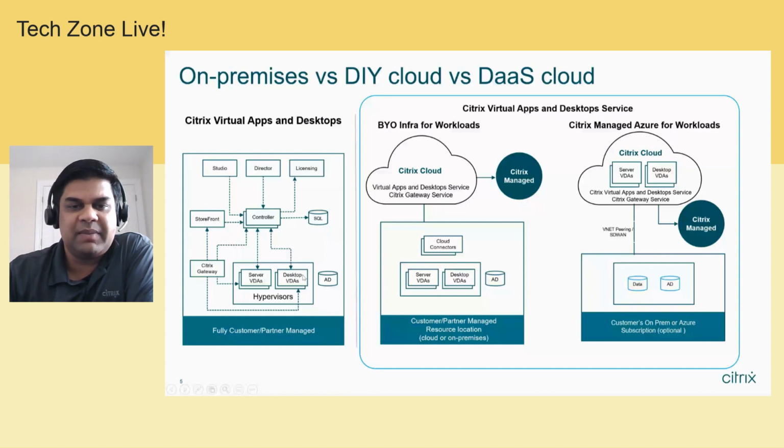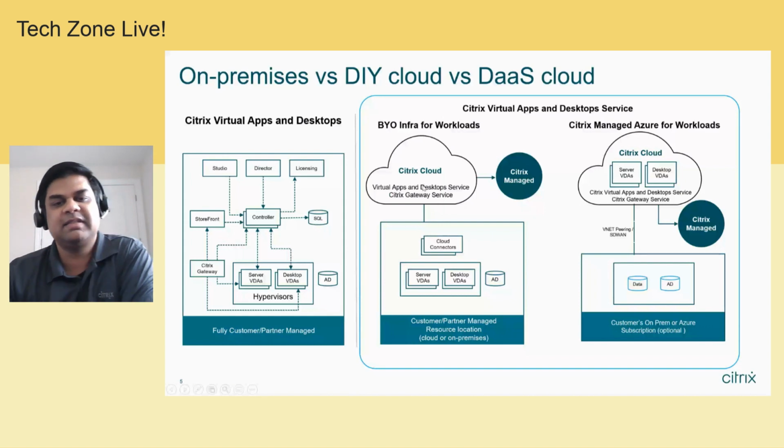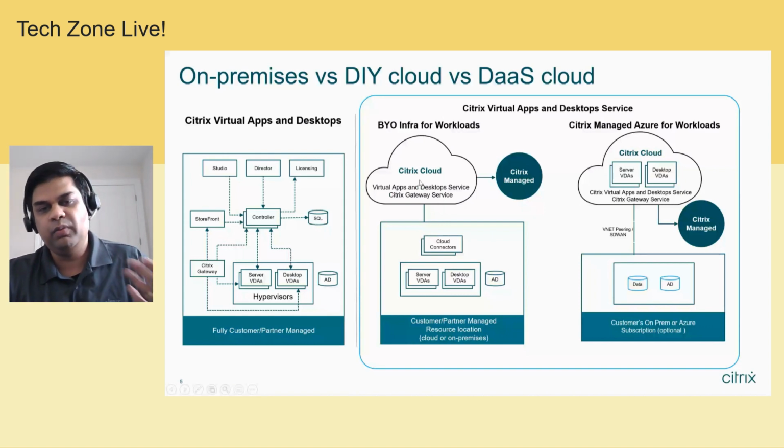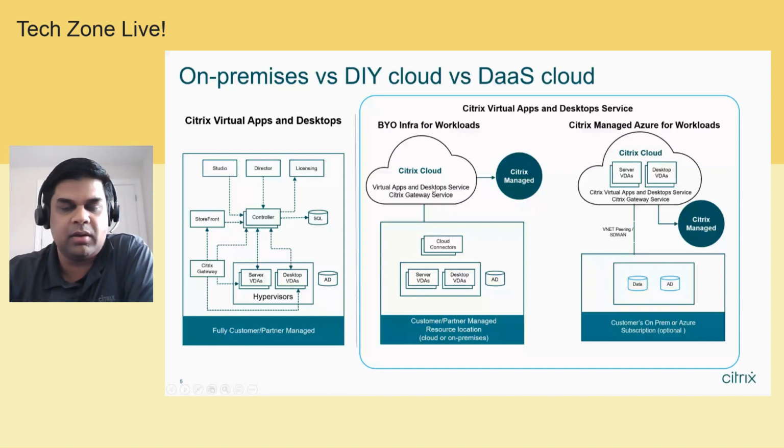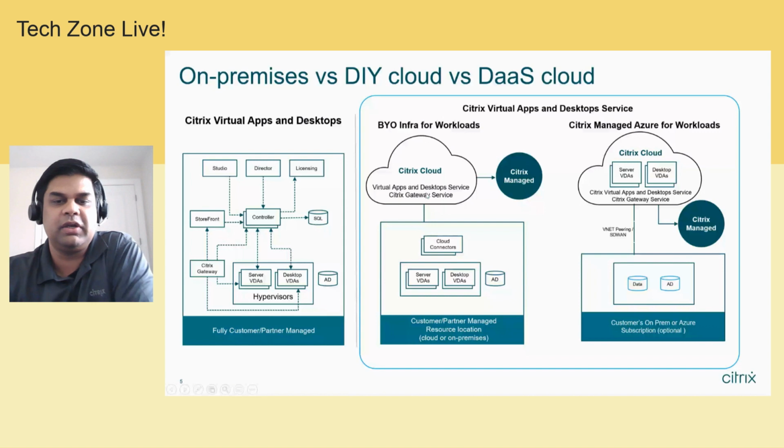In 2015, we launched Virtual Apps and Desktops Service. And subsequently, we added the Gateway Service and the Workspace Service to make the deployment much simpler. So at the top, this really is almost like a PaaS service that provides the core management capabilities of a VDI solution as a service to you, and you don't have to worry about upgrading those components now because Citrix is taking care of that. And every 2 weeks, we just keep updating it, and you get all of the new capabilities that Citrix is introducing.